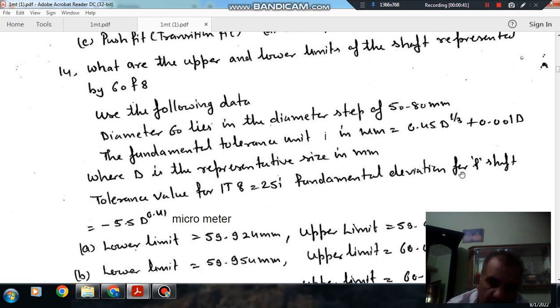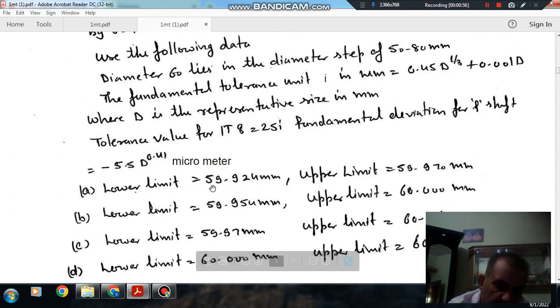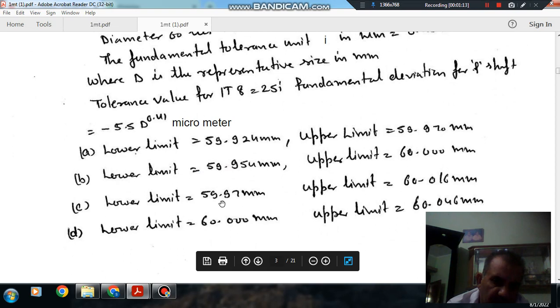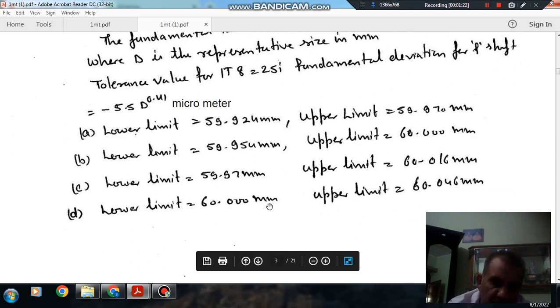The fundamental deviation for the F shaft is minus 5.5 d raised to the power 0.41 micrometer. Options: Option A, lower limit 59.924 mm, upper limit 59.970 mm. Option B, lower limit 59.94 mm, upper limit 60.000 mm. Option C, lower limit 59.97 mm and upper limit 60.1016 mm. Option D, lower limit 60.000 mm and upper limit